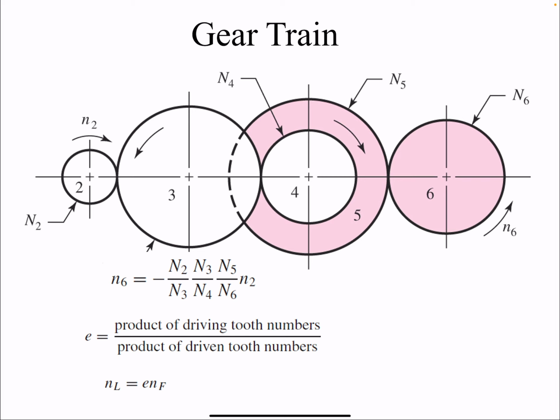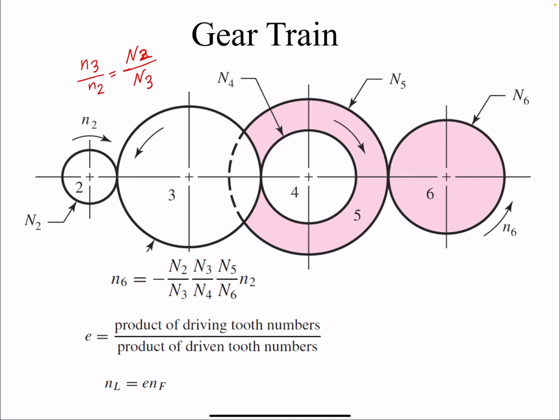So to find the overall velocity ratio, we have to know which gear is the driver and which one is the driven. But let's just look at gear 2 and gear 3 for now. This is the input, this is our output, N2 and N3. You can see this one is clockwise and this one is counterclockwise. We already know the gear ratio, which means that if I want to find N3 with respect to N2, I know it's inversely proportional to the number of teeth. So sorry, N2